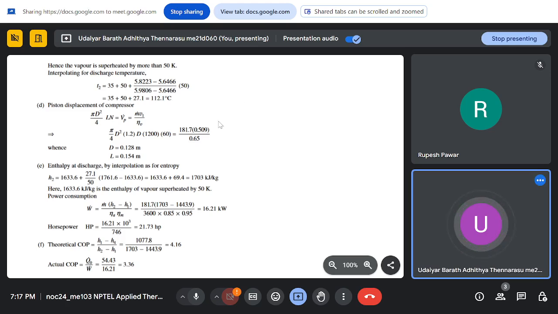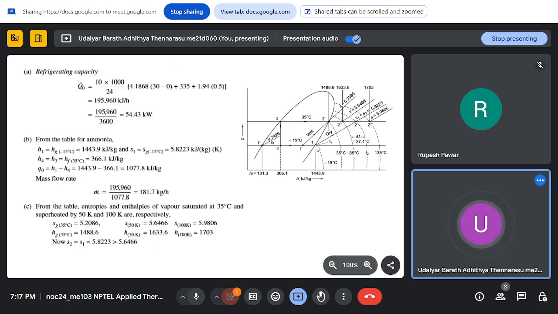So next we need to find out the piston displacement. That is nothing but your volume flow rate divided by the piston displacement volume, which is equal to your volumetric efficiency. We know the mass flow rate, so multiplying by specific volume will give me the volume flow rate. Mass flow rate is 181.7 kg per hour into your specific volume at state 1, which is 0.509. State 1 is here in the diagram, the corresponding specific volume,